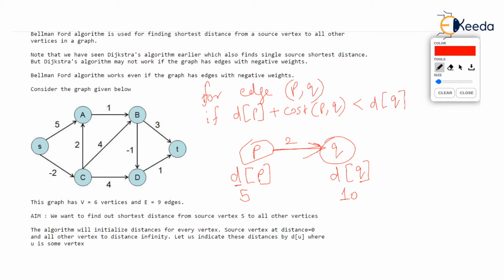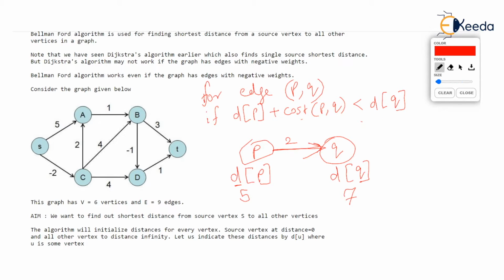So this quantity is phi plus this quantity is 2. Is it less than 10? We are checking, and it is. If this is true, then we are going to update this distance of dq. It will not be 10 anymore, but it will be 7. Hence, what updation we are going to do,